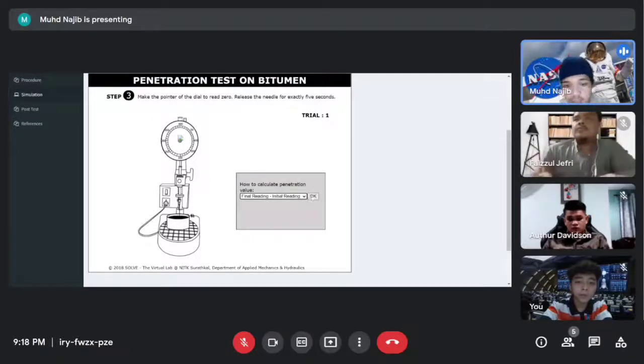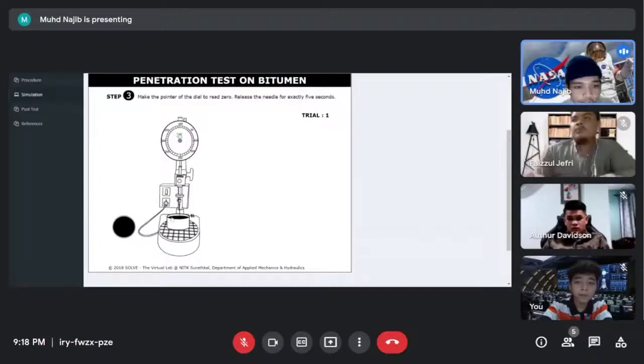Then the penetration is measured in tenths of a millimeter. So here we put the bitumen into the penetrometer. Then we start the